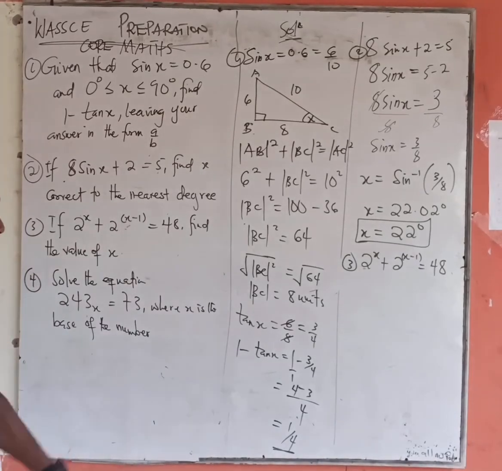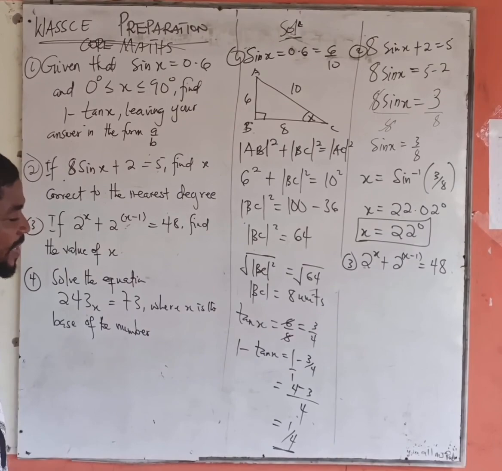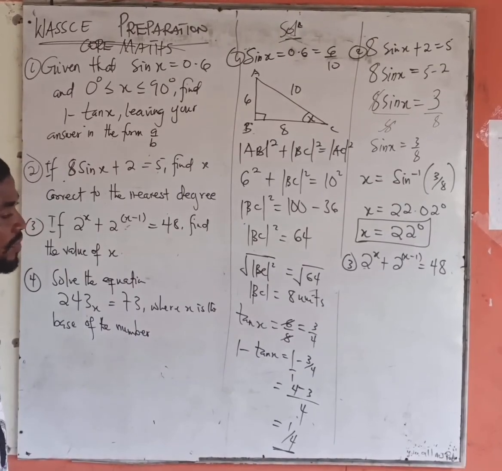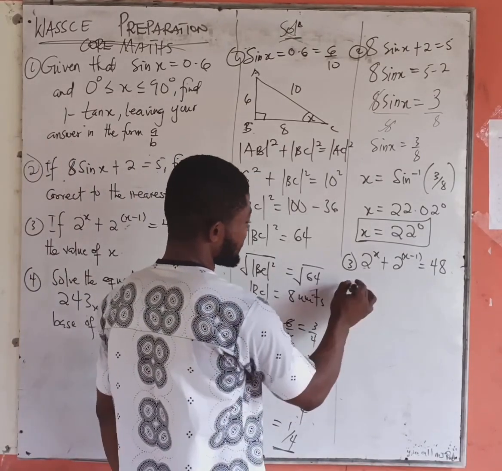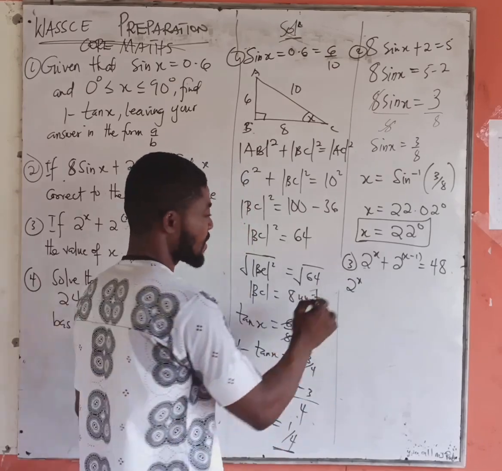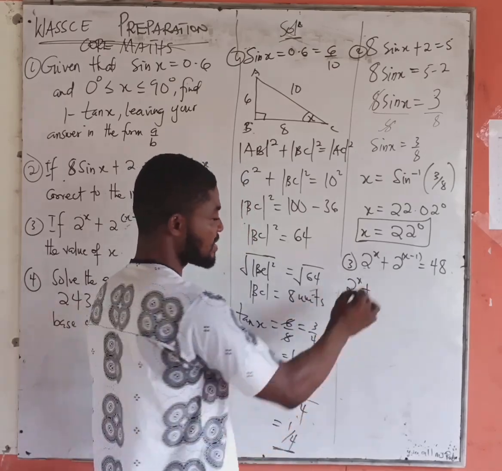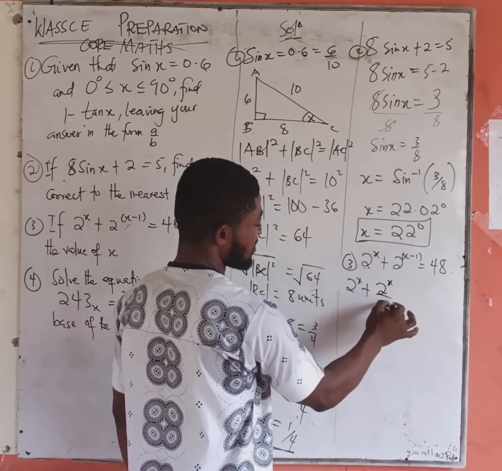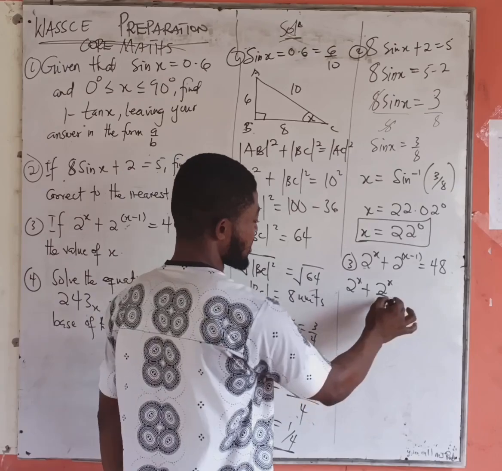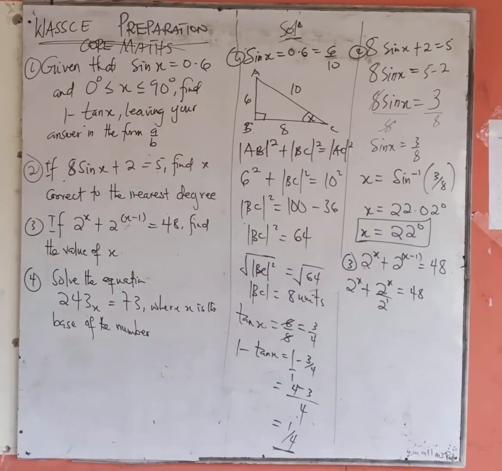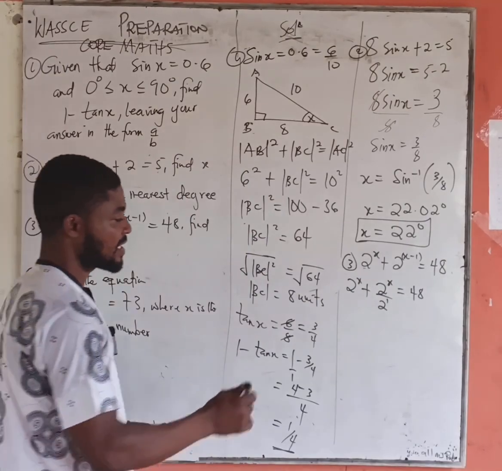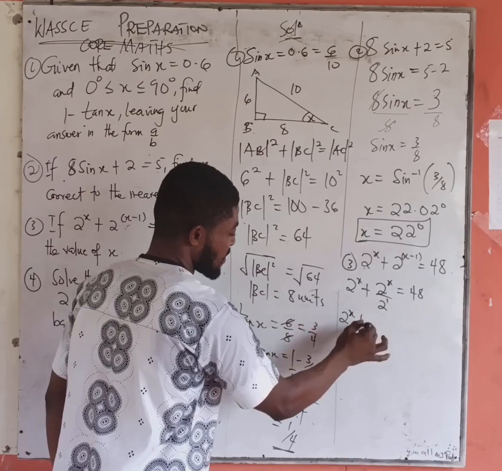Okay, so we go the same way. We now try to break these ones down to a simpler form so that we can work around it. So we have 2 to the power x plus, from indices, this can be written as, agreed? Yes. Okay. So if we have a situation like this, it is the same as